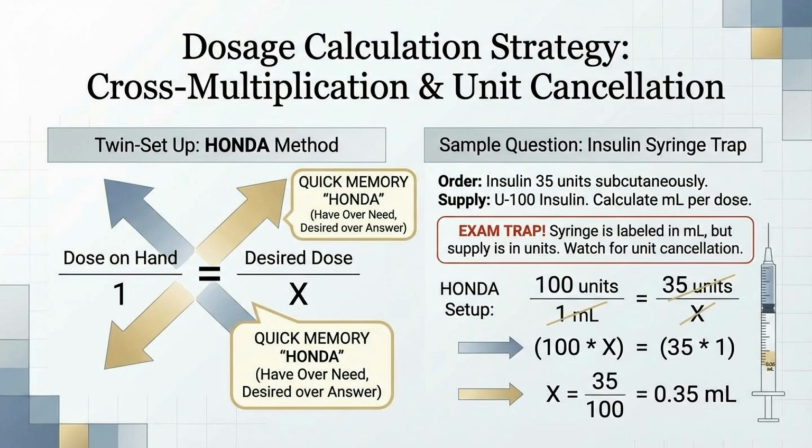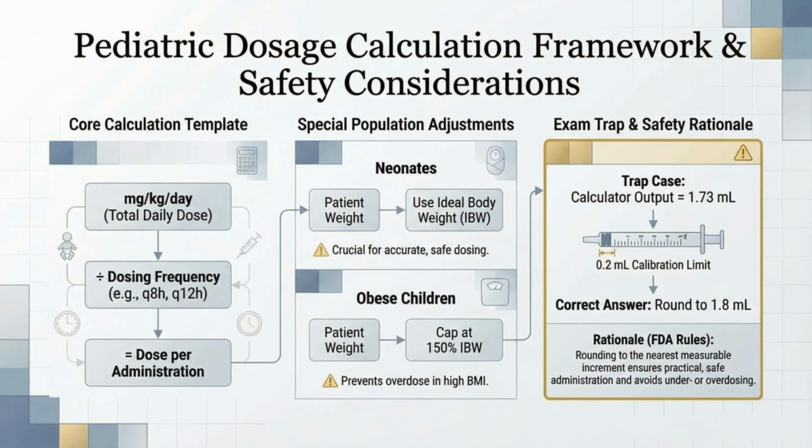Master dosage calculation with the cross-multiplication and unit cancellation strategy, using the Honda method for setup. Be aware of exam traps, such as the insulin syringe trap, where unit cancellation is critical to correctly calculate milliliters per dose. The pediatric dosage calculation framework involves calculating total daily dose using milligrams per kilogram per day, then dividing